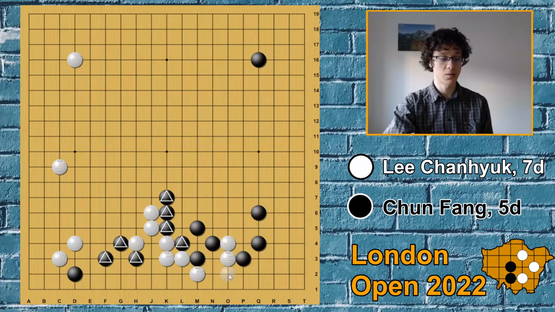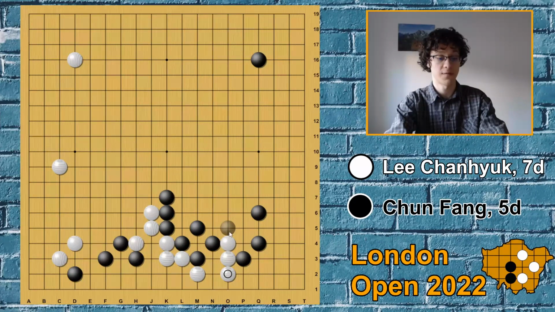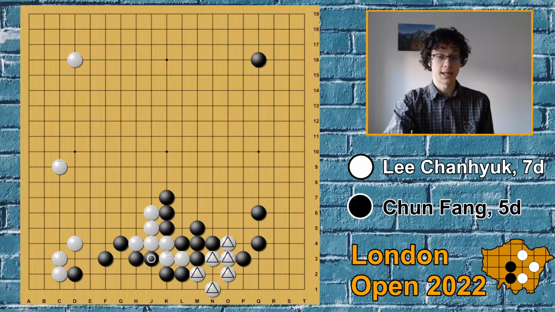So it was better to maybe play this descent. It might look a bit slow. It's unfortunate that white finishes in gote all that fight, but it also has a continuation of jumping into the corner or maybe just playing a 3-3 invasion. This would be better. In the game it looks like this, and now white continues to give some shape to